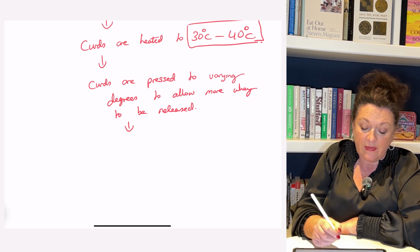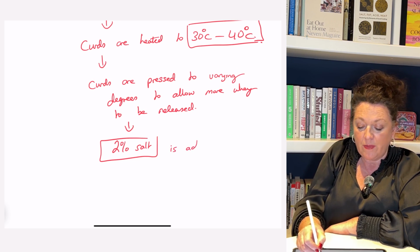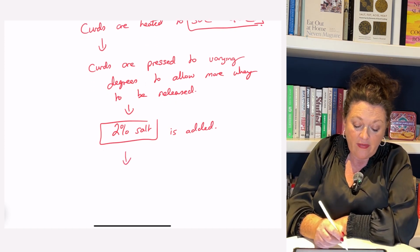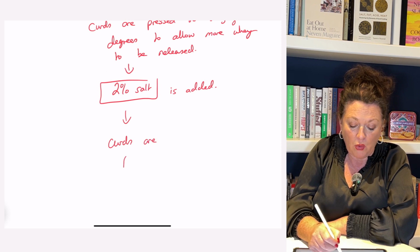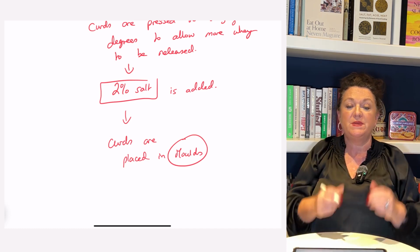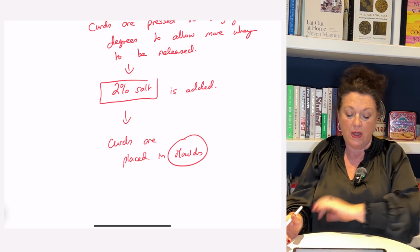Then we note that the 2% salt is added, and the purpose of the salt is to firm up the curds even more. Then the curds are placed in moulds. Now, when we say they're placed in moulds, it means they're put into various different shapes and sizes. So some moulds will be wide, others will be not so wide, some will be high, some will be low,